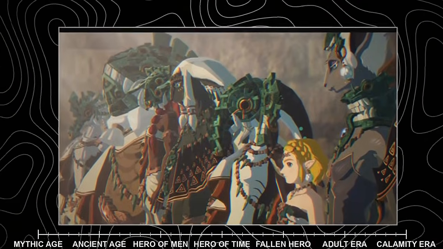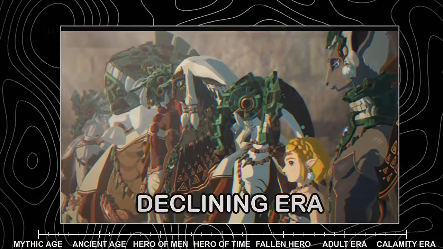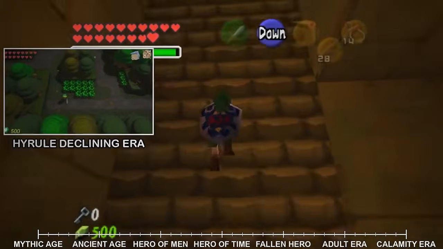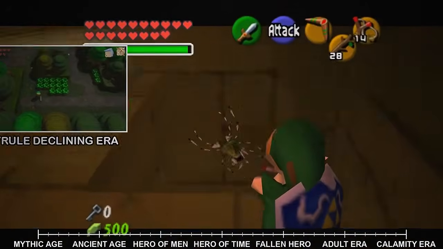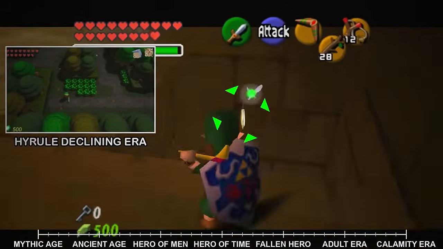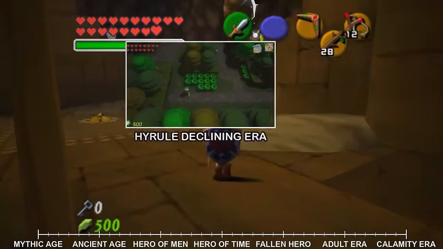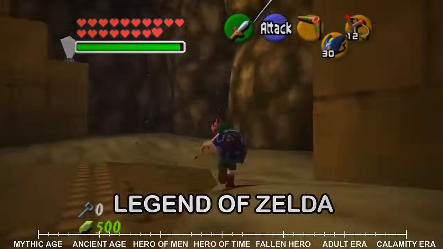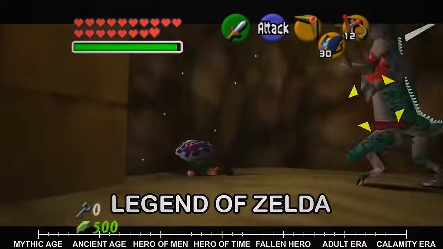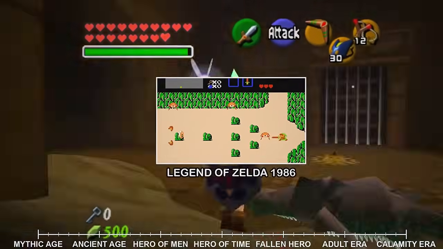Centuries pass in the fallen hero timeline, and we find ourselves in what is known as the Declining Era, a period when the Kingdom of Hyrule has become a shadow of its former glory. The land has been scarred by Ganon's repeated resurrections, and the royal family struggles to maintain order against the constant threat of darkness. It is during this era that we arrive at the events of the very first Legend of Zelda game, the one that started it all back in 1986,